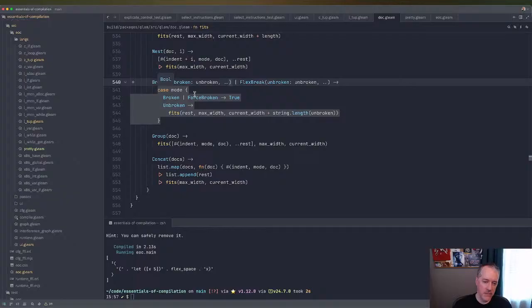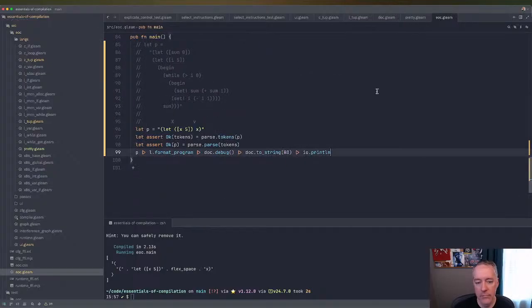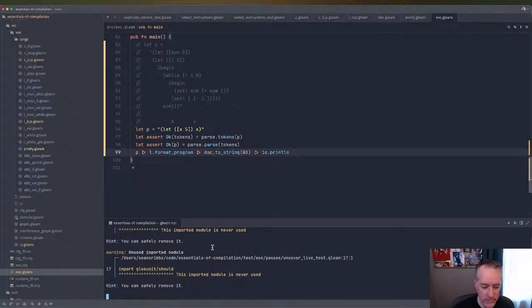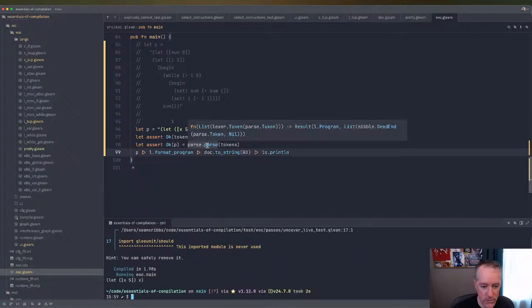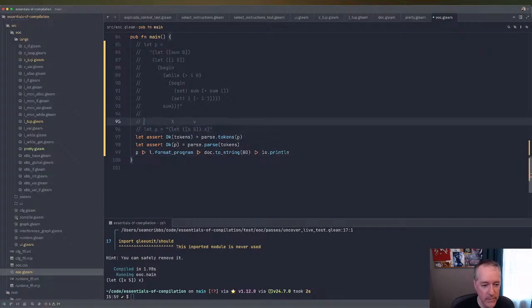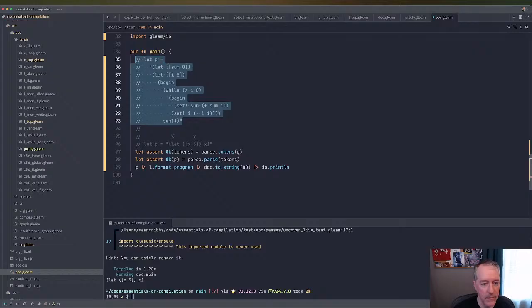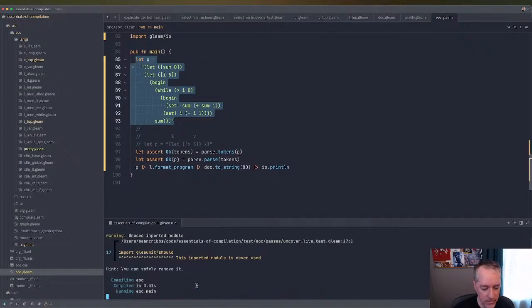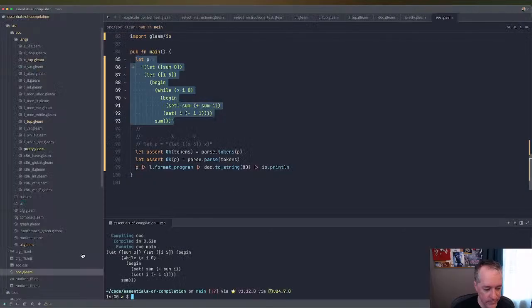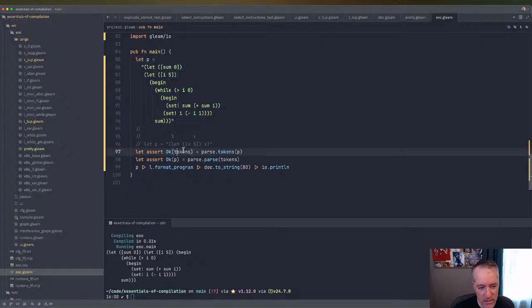I don't know what the answer is here. So I remove this. It should go in one line, but if I put this back, then it doesn't decide to break until here. And that's because our begin